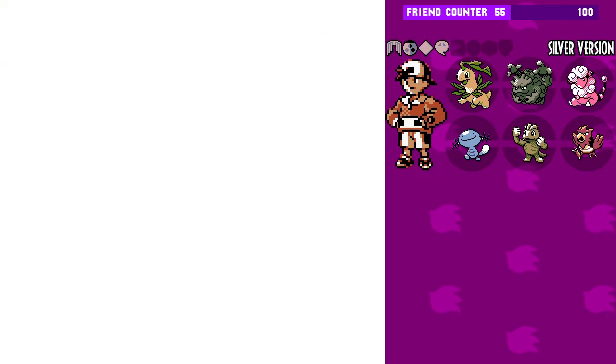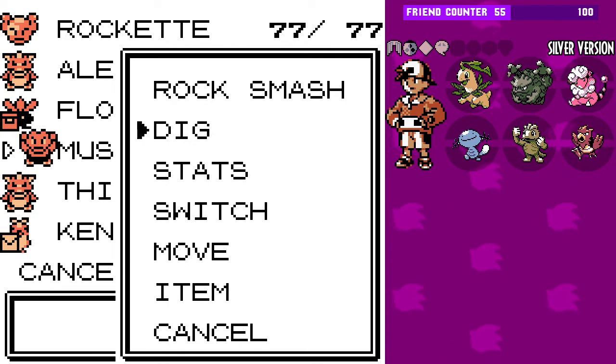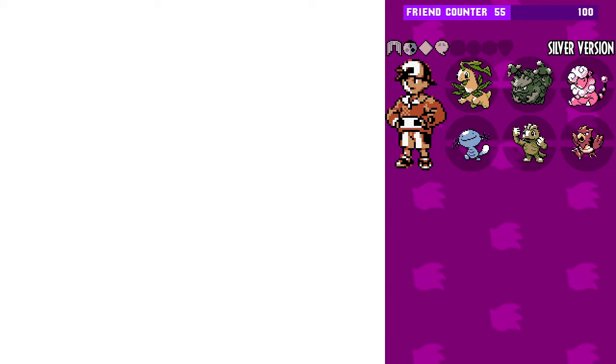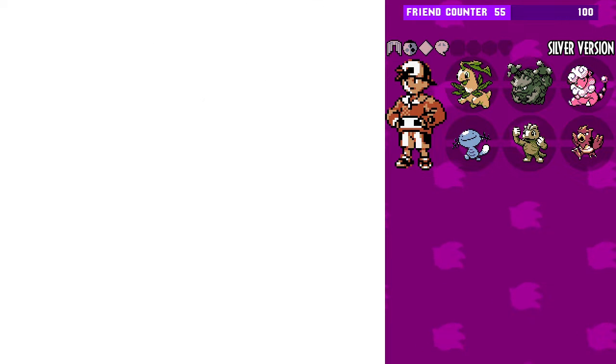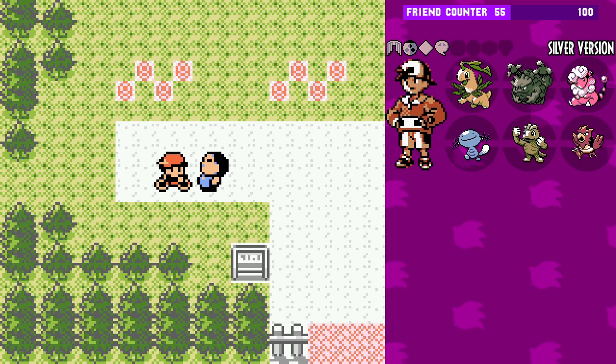Can I rearrange the moves on this screen, or do I have to do it in battle? God, look at all this menu. So what happens if you have 4 moves that would go off the top of the screen? No, I cannot change them on here. Okay. Alrighty. So now that that's out of the way...